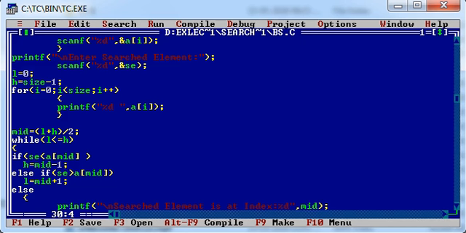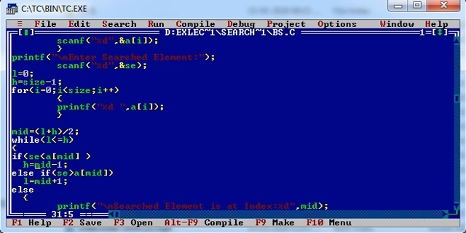In each iteration, it divides the array into two parts. It keeps on dividing the array until we find the element or all the elements are compared. So if the search element is less than the middle element, then we need to change the upper bound value to mid -1.